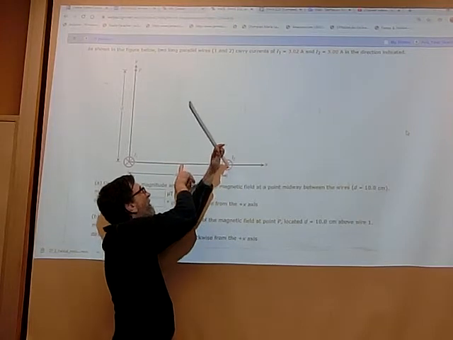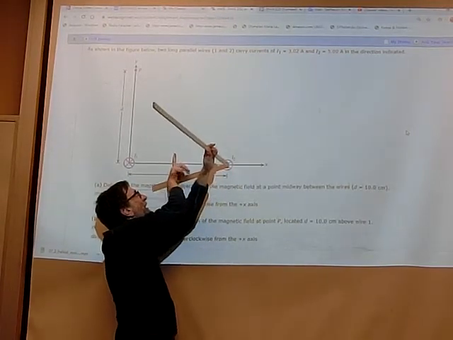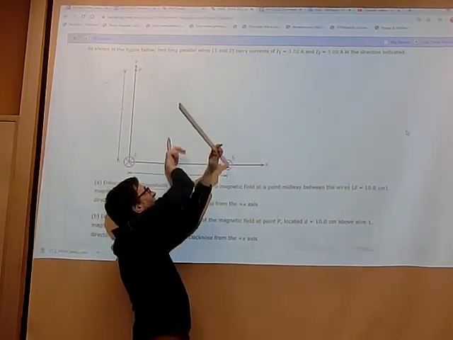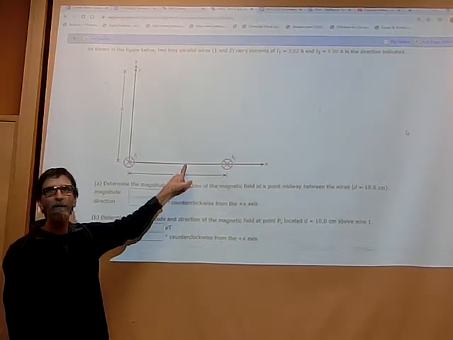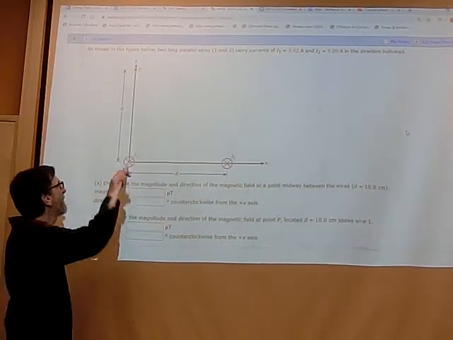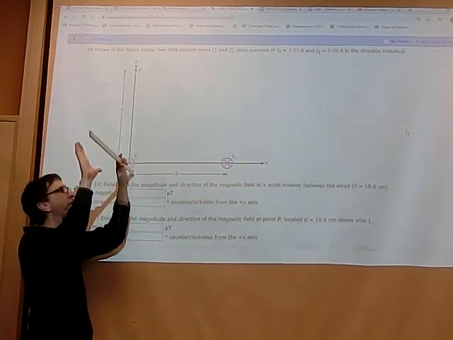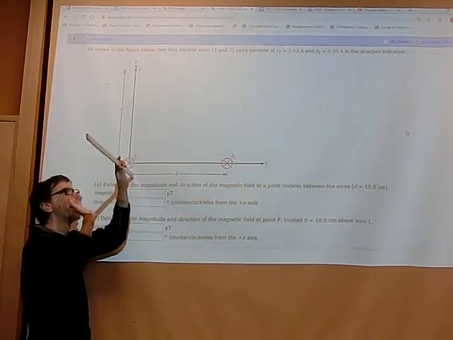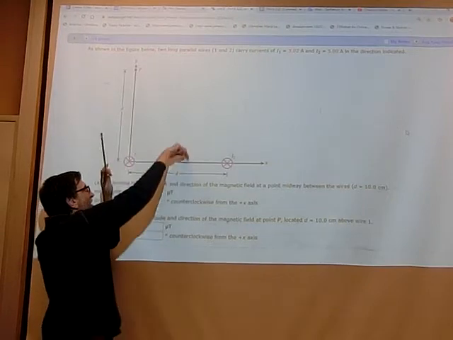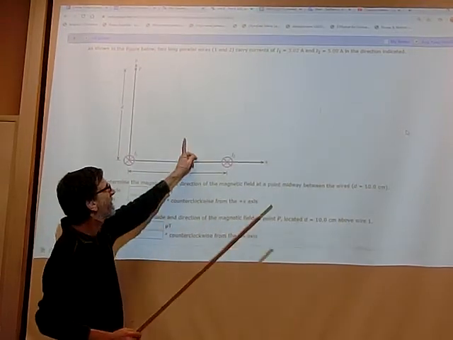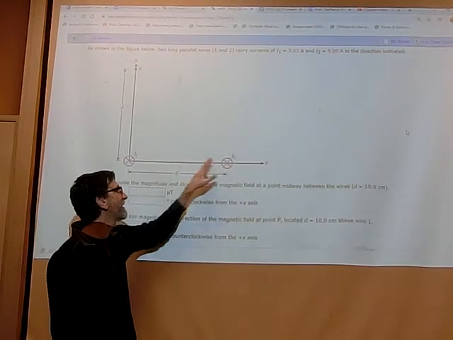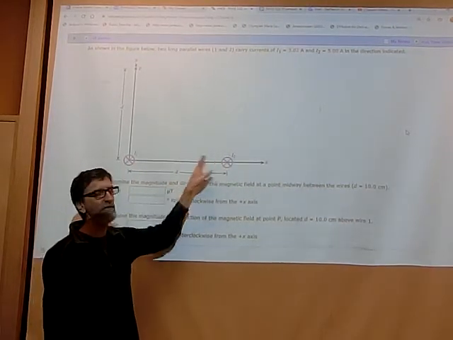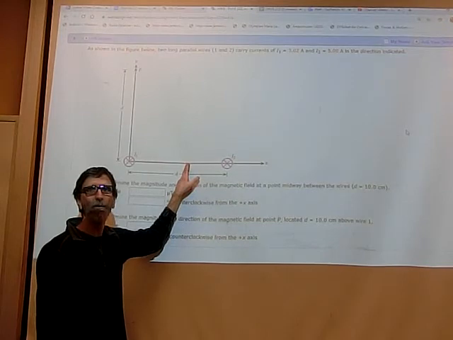So over here in the middle, my fingers would be poking up before they circle around. So this wire has a field up over here in the middle. This wire, thumb in the direction of current in, curl your fingers will be poking down here in the middle. So one field is up, the other field is down. That means when you calculate the value of each magnetic field, you'll need to subtract the two to get the